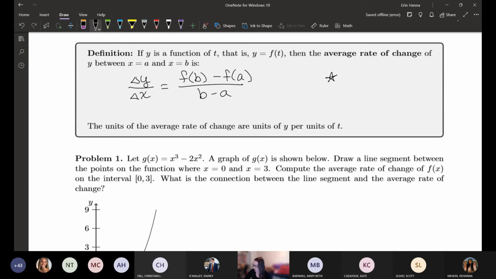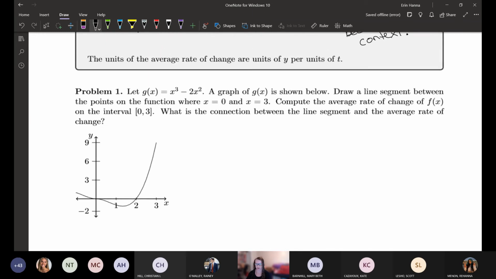So let me put over here: different from slope, how do I want to phrase this? Well, I should be careful with the word different. I'll try to explain it in a second. So different from slope because of context. And I'll try to explain it more once we get down to this first example. But essentially, slope is a word that is used specifically when you're talking about a straight line. Now, technically, this does have a straight line in its context, but average rate of change is used,